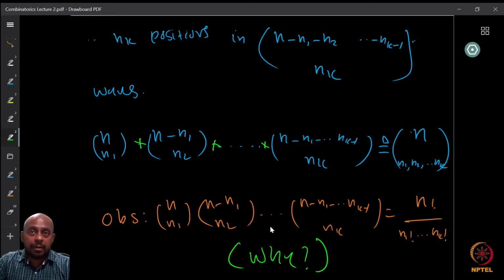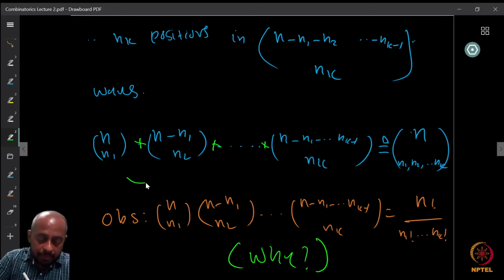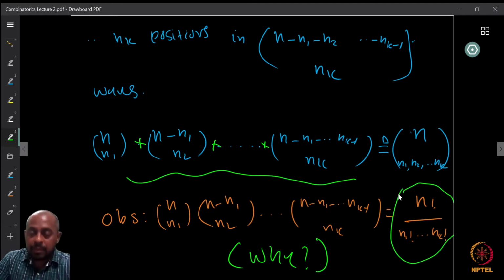You can use algebra if you want an algebraic method. Combinatorially, there is nothing more to say. They are equal because the combinatorial proof is clear: we just counted the same object. We counted the number of possible ways to form words or to arrange objects where there were n1 objects of one type, n2 objects of another type, etc., nk objects of another type. We found it to be this in one counting, and this in another counting, and therefore these two things must be equal.